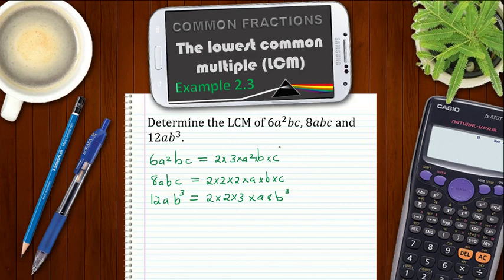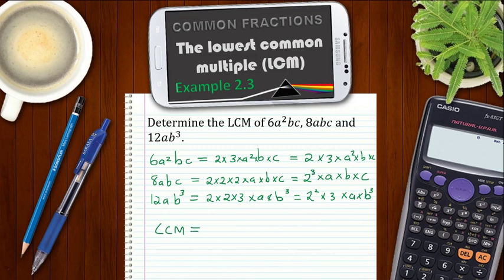Okay, now let's complete this by writing it in its compact form. So this is still just 2 times 3 times a squared times b times c, where this is 2 to the power of 3 times a times b times c, and then 2 to the power of 2 times 3 times a times b cubed. All right, so now to get the lowest common multiple, I'm going to